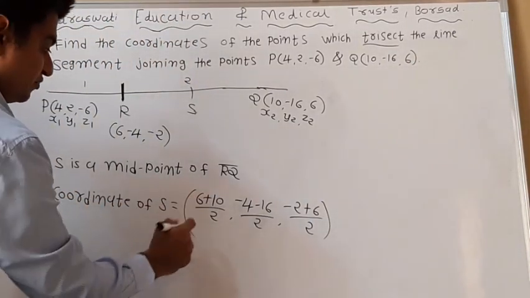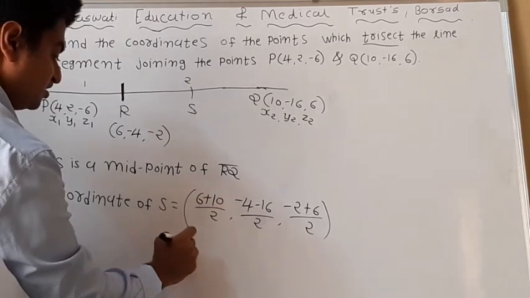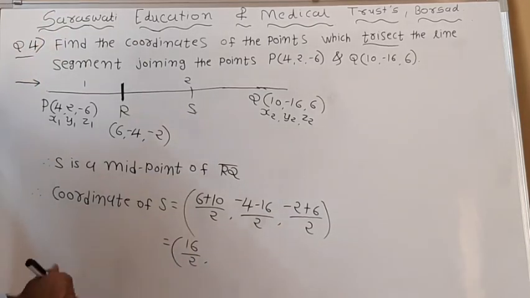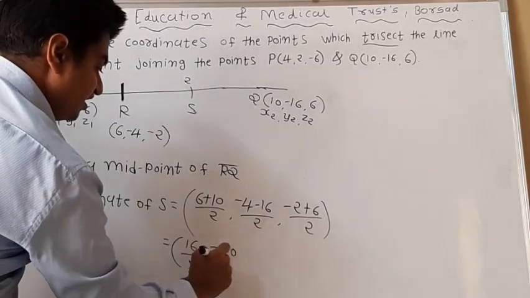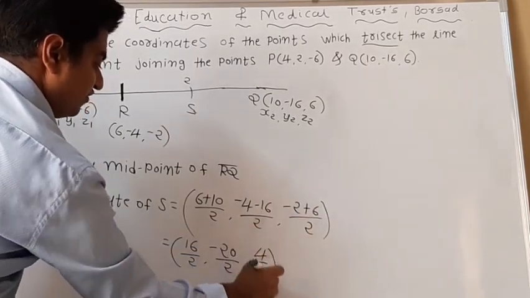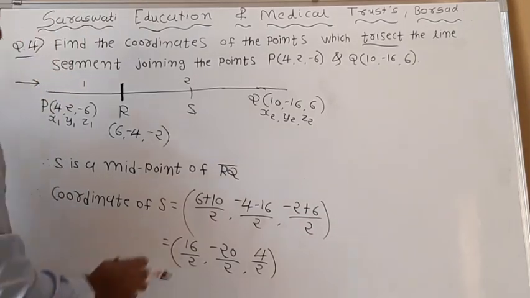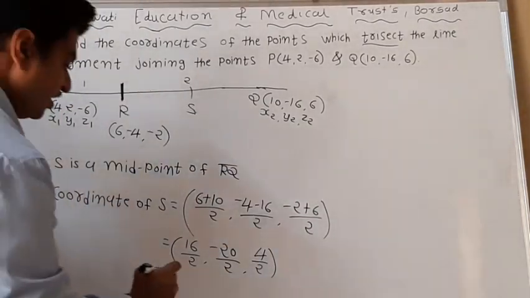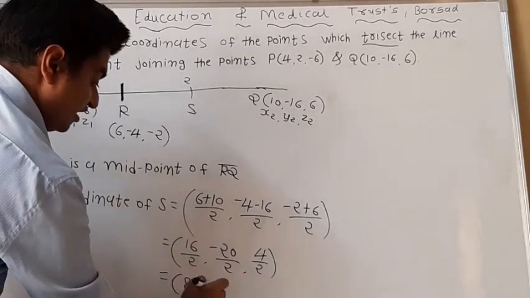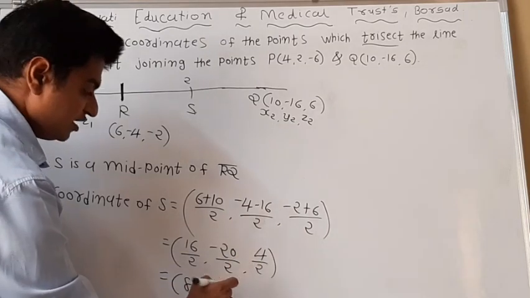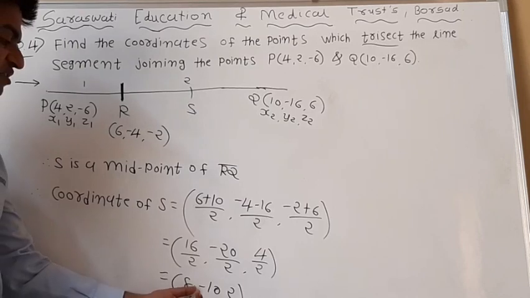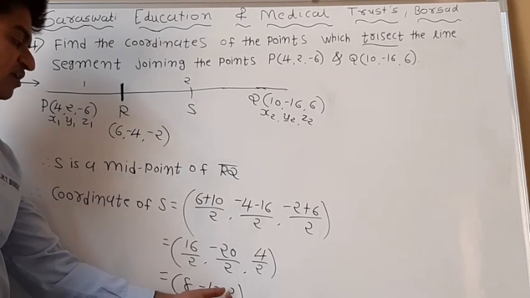Now add both these numbers and divide by 2. 10 plus 6 means 16 divided by 2, comma, minus 16 minus 4 is minus 20 divided by 2, comma, minus 2 plus 6 means 4 divided by 2. So it is equal to 16 divided by 2 which is 8, minus 20 divided by 2 which is minus 10, and 4 divided by 2 which is 2. So the coordinate of S is equal to (8, minus 10, comma